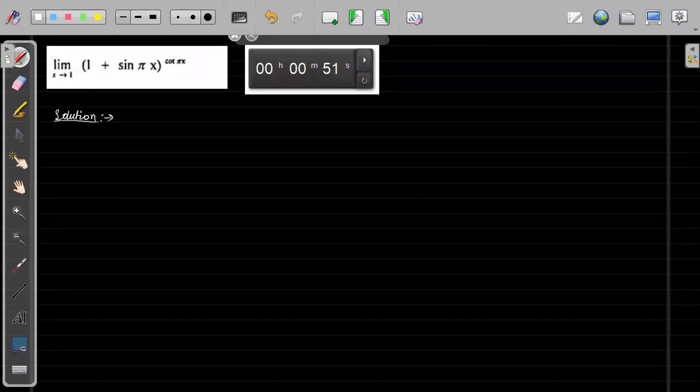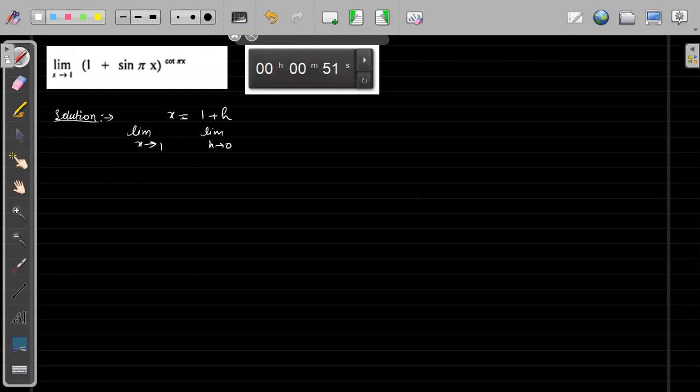That is good. Okay, so this is a limit of x tends to 1. See, if you are facing any doubt about what will happen when x is tending to 1, simply do one thing. Since x is tending to 1, take x equals 1 plus h. So as x tends to 1, h will tend to 0.